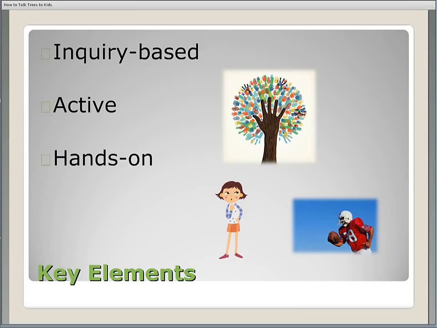The next is a little bit more active, and they call this activity a leaf hunt relay. So as I read through these activities, don't be concerned in recording all the steps that I'm giving you. This is just to give you an idea of how you could use a PLT activity and translate that in a way that you can utilize that as a tool and resource in the classroom for a classroom visit. So divide the group into teams and have each team collect 3 leaves from each of